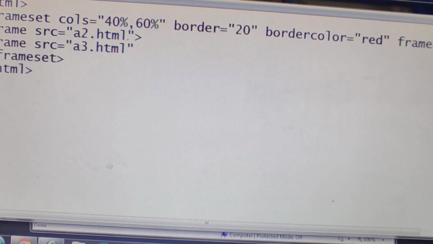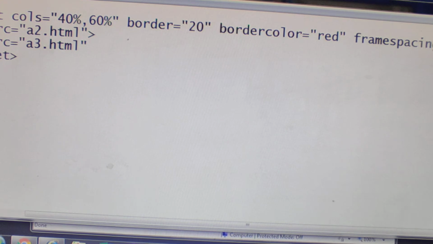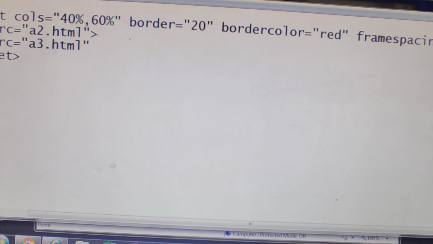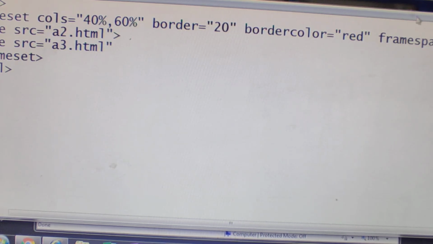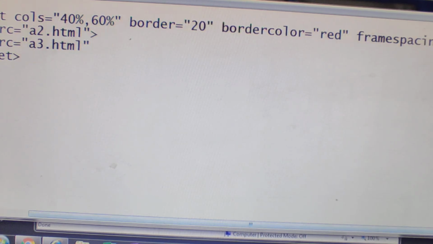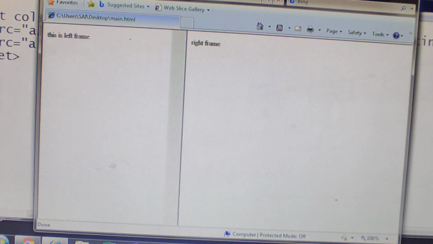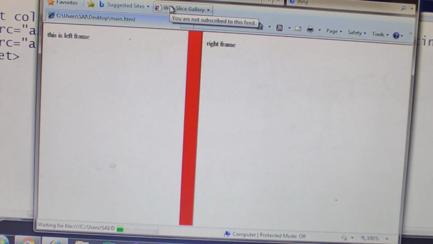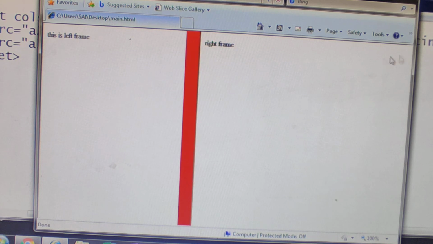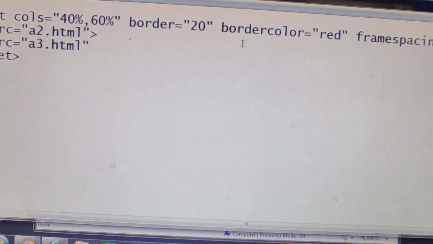Now you can see one more attribute, that is frame spacing. Frame spacing equals to 30. Frame spacing attribute, it is 30%. You can see this is 30%, and we'll see this in the browser window. Come to browser window, refresh this. So this 30% is there, that is the frame spacing.